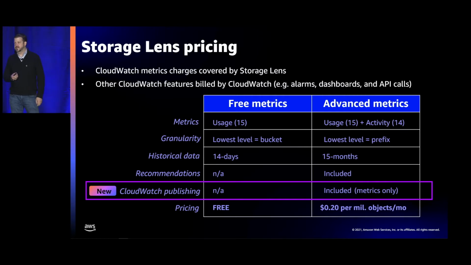For the typical customer, the bill is something like $50 to $100 a month, and it's roughly 1% of the S3 bill. The way we have this structured is we hope customers see this as a low-cost insurance policy that protects them from unnecessary growth of their storage. And we've seen customers saving 15, 20% in the first few weeks of turning it on. We've even had one customer that saved 70% by using StorageLens to identify buckets that didn't have lifecycle policies set up on them.